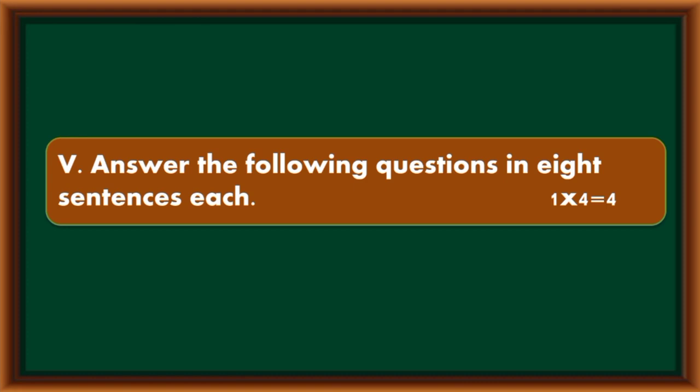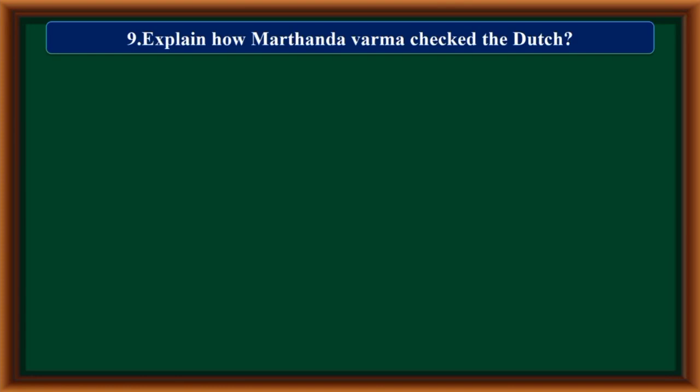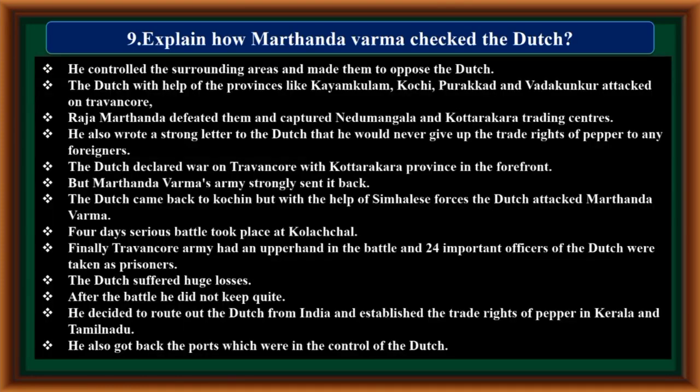Fifth main: answer the following questions in 8 sentences each. Explain how Marthanda Varma checked the Dutch. He controlled the surrounding areas and made them oppose the Dutch. The Dutch, with the help of provinces like Kayamkulam, Kochi, Purakkad, Vadakkumkur, attacked Travancore. Raja Marthanda defeated them and captured the trading centers Nedumangad and Kottarakara. He also wrote a strong letter to the Dutch that he would never give up the trade rights of pepper